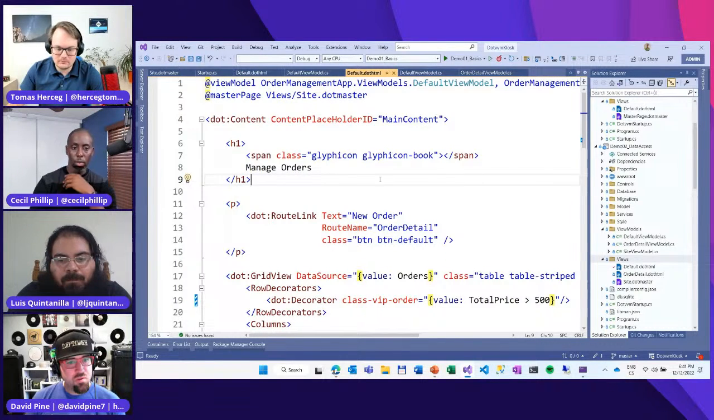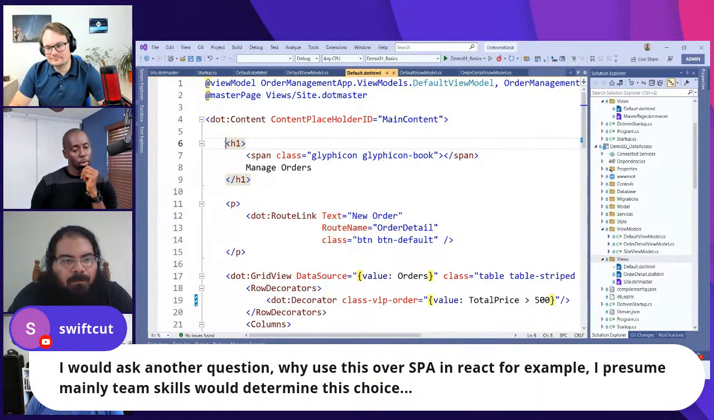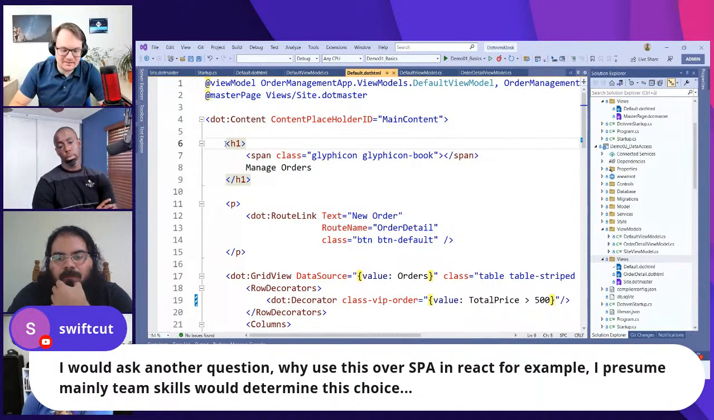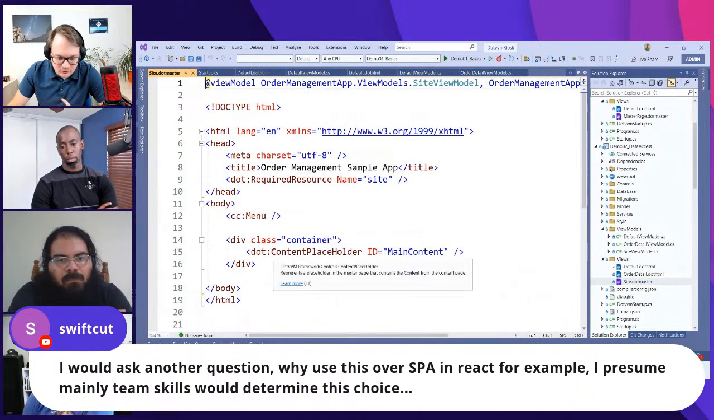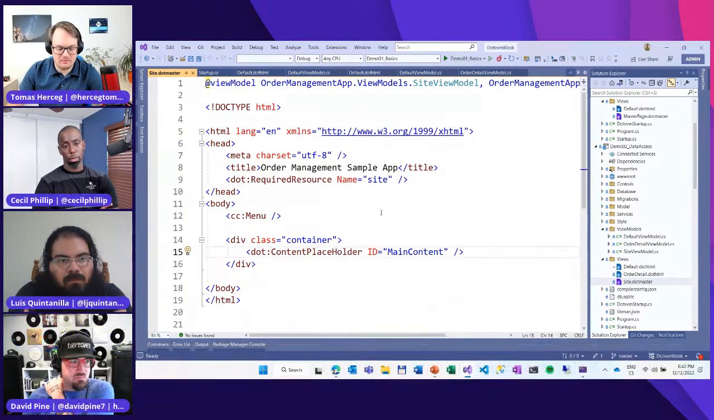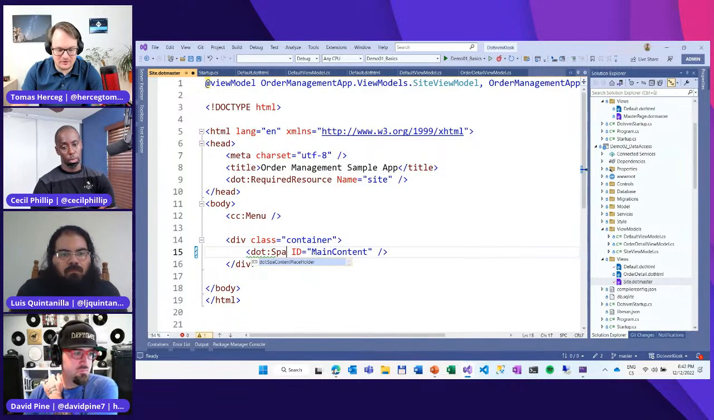Yeah, there's more people. I'm scrolling back a little bit. There's some other questions here, like SwiftCut is asking: why would you use this over a SPA, a single page application, like with React, for example? Basically, you can also use SPA in .vvm, because if you change this content placeholder, which is the place where the concrete page will be placed, to a SPA content placeholder, it will